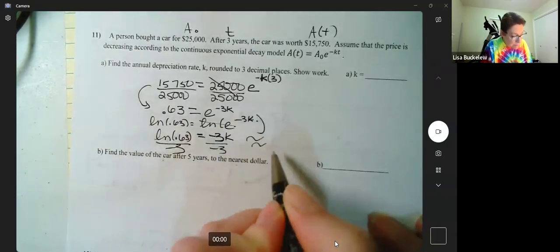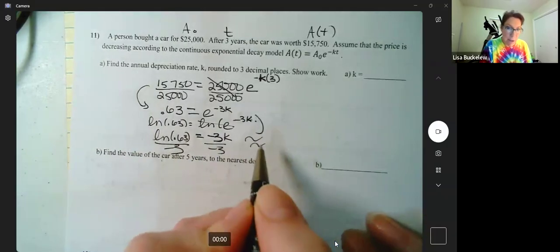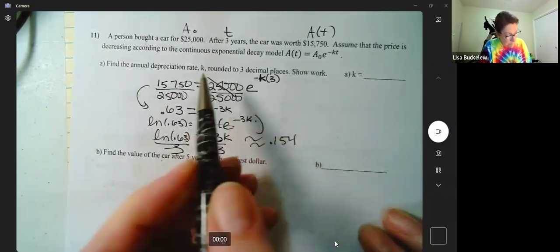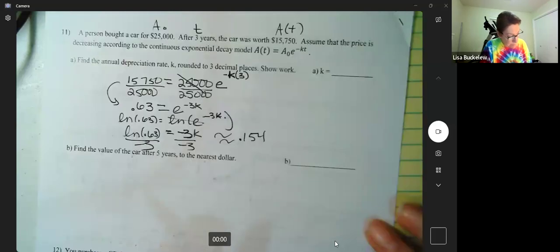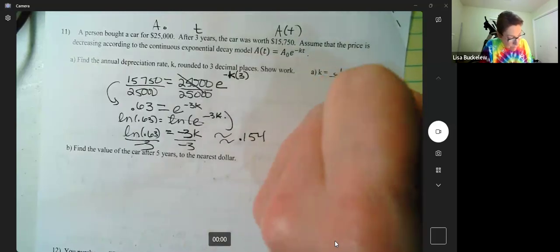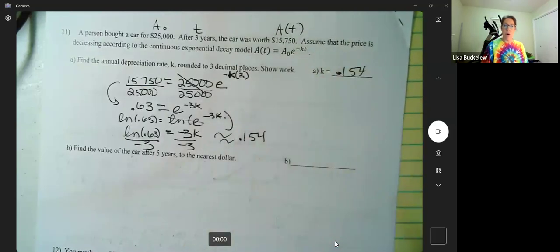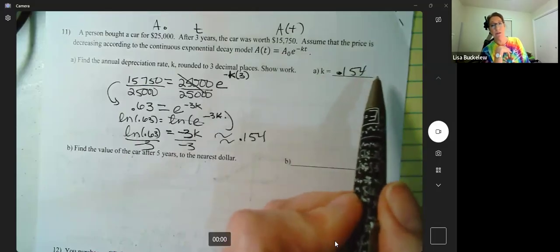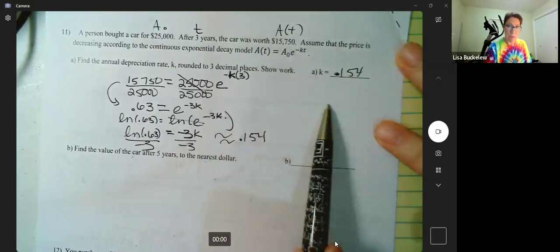And that's approximately, if you do this correctly in your calculator, you're going to get 0.154 or something, but it says round to 3 decimal places. So 0.154 is what we're going to use for our rate of depreciation. That means it's losing 15.4% of its value each year, but I'm just going to leave it as a decimal so we can use it in the